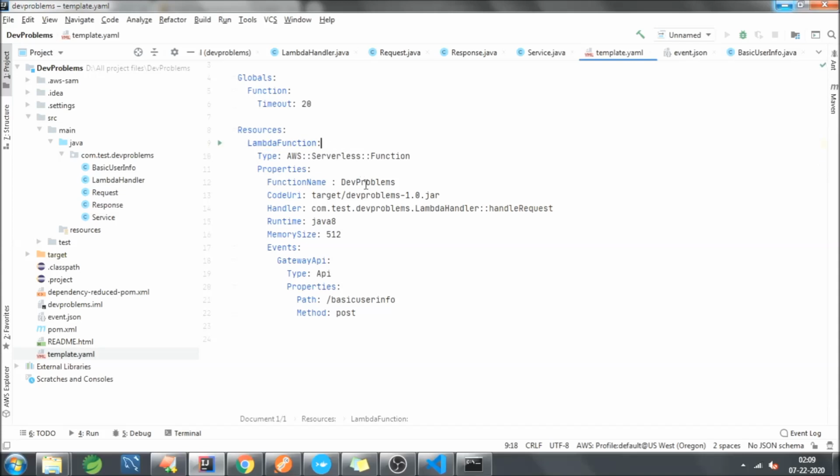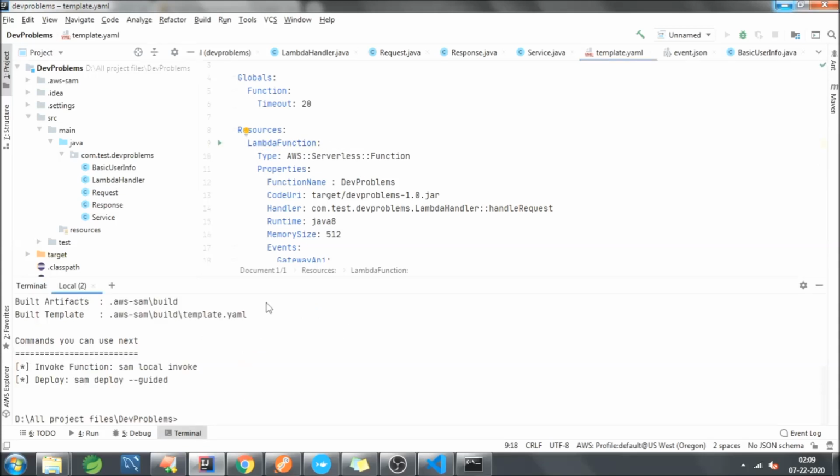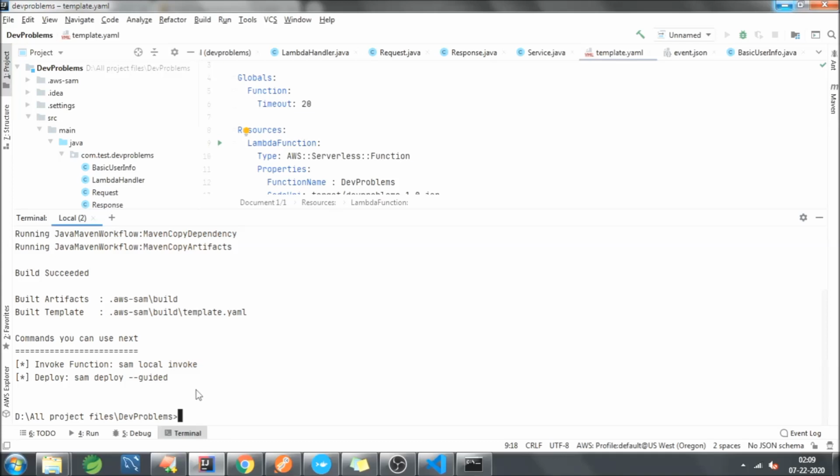Okay, so now I will run one basic lambda SAM CLI command, that is SAM local invoke, and here you need to provide the name of your lambda function. Basically it's a logical ID of your lambda function. Okay, and now you need to provide the template, -t, your template name.